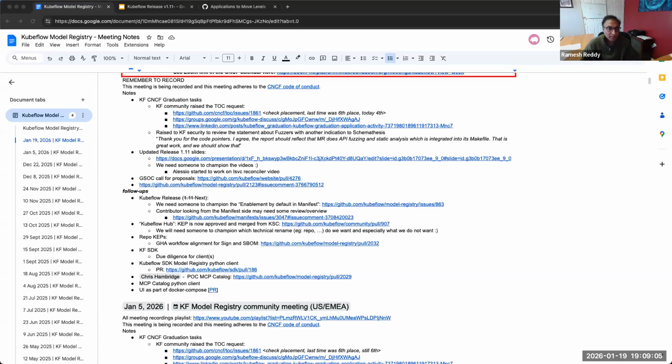As a Kubeflow community, we have been participating in the GSoC program for the last couple of years and it has been very successful. In the last 2 years we had 10 to 15 different proposals, and the first year we got 10 people, last year we got 12 people.